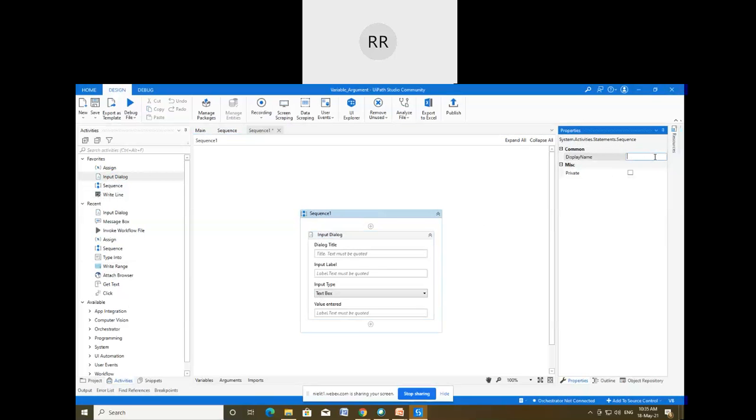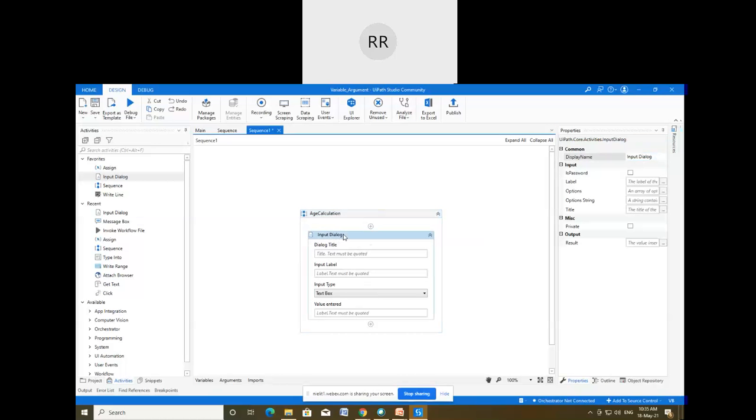I'm going to change the name to age calculation, and again I have followed the naming convention. You can see the name of the sequence file has changed from sequence 1 to age calculation. So we can rename the activity as well as the workflow files.